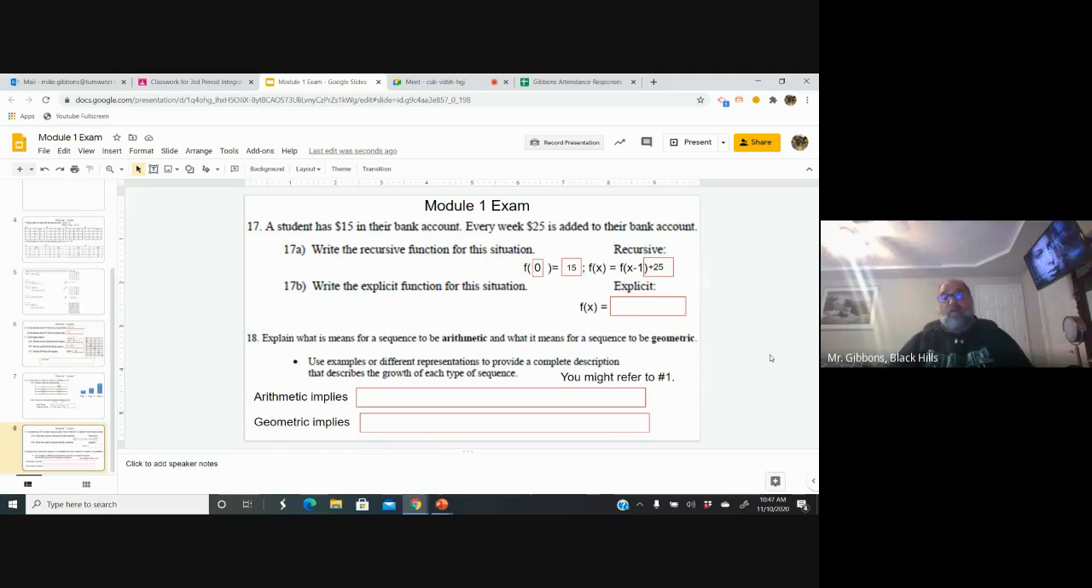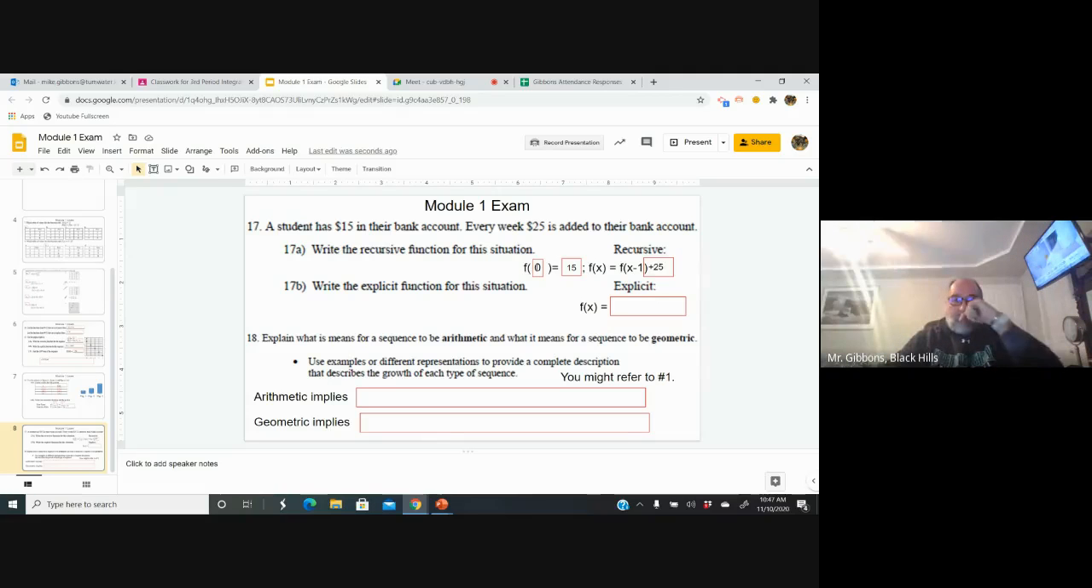What do you guys think of the recursive formula? Pretty easy? No questions? Come on. Now, a lot of you put f of 1 is 25 right there. And sometimes 0 or 1, either will be appropriate, but that's not often. And I really think the 0 is much more appropriate than the 1. But if you put an f of 1 there and you did everything else right, I did give you most of the credit. So 17b, write the explicit function for this